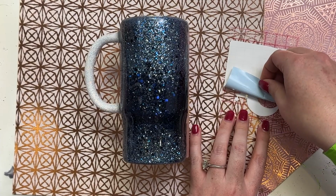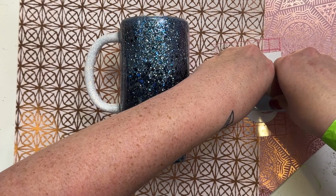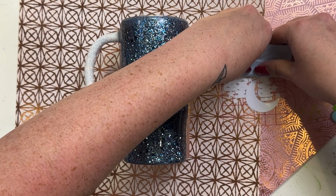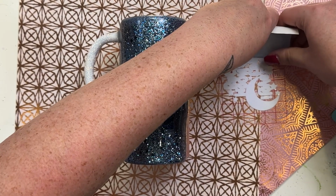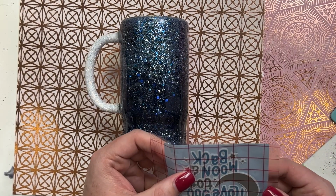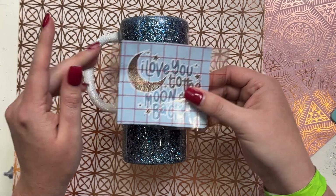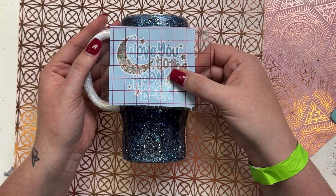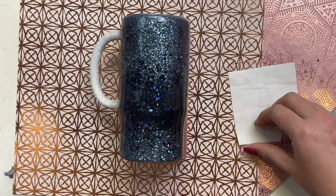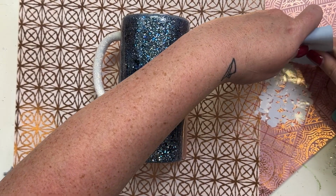But I'm just going to peel back the paper here so that way we can apply it to the tumbler. If you know me, vinyl and decals, they're not always my best friends. Decal days are the worst for me. So this one actually wasn't too bad, but I'm just really trying to take my time and get this laid down correctly the first time. So I was just peeling back that backing just a little bit so that way I can do the hinge method to apply it to my tumbler, because a lot of times what happens is I get messed up when the paper sticks and everything just kind of goes in the crapper. So by pulling it back just a little bit helps me to kind of get it right and applied correctly